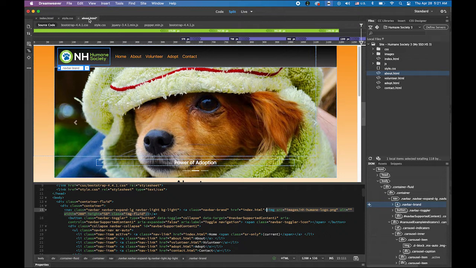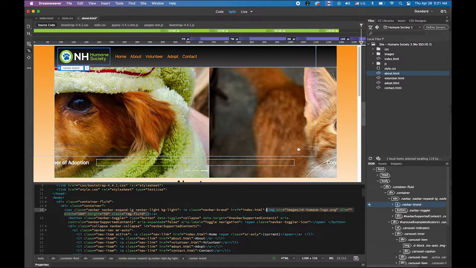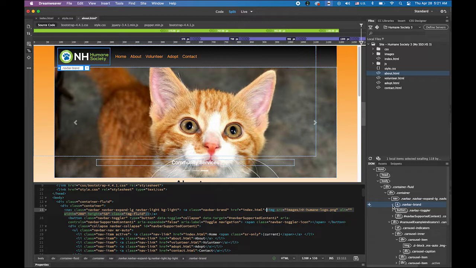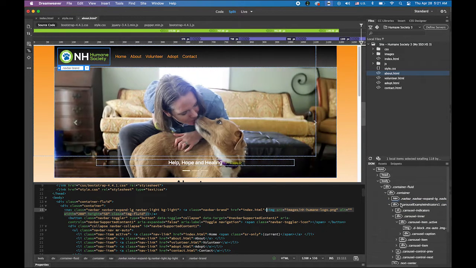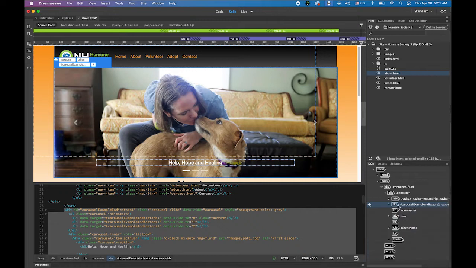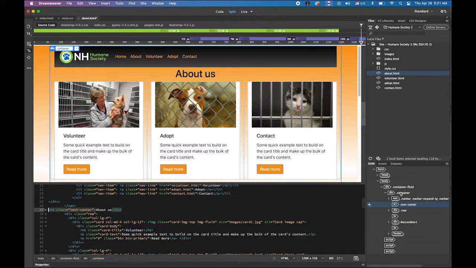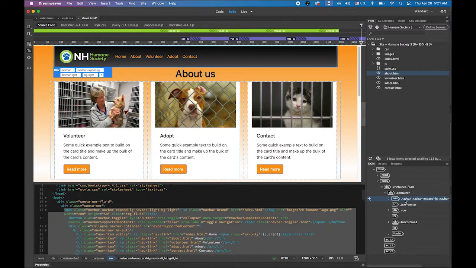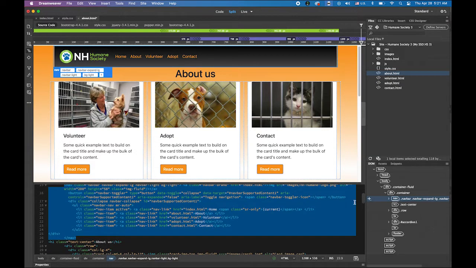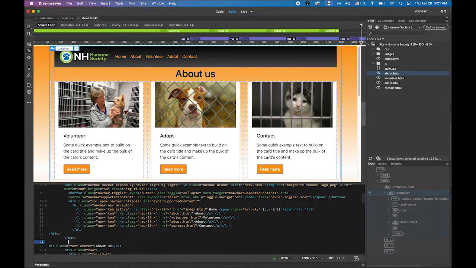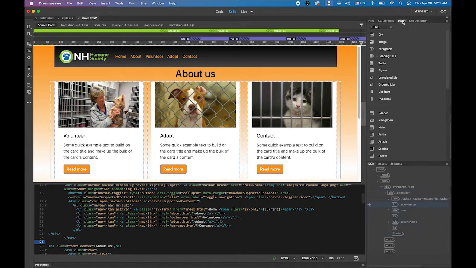So I'm in about.html, and I just need to select my carousel, which is under my navbar. This is my carousel. Okay, delete it. We don't need it. What I need to do is, once you click on your navbar, in your code area, your navbar coding is selected. So after this navbar tag, let me hit the return key, and then go to insert and HTML option, choose the div,